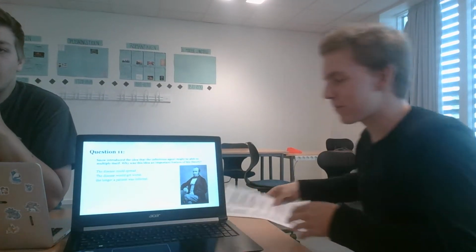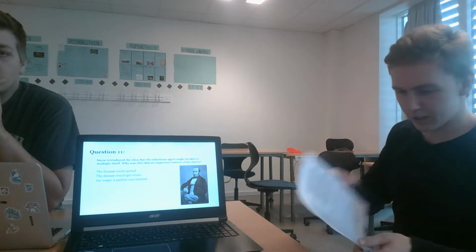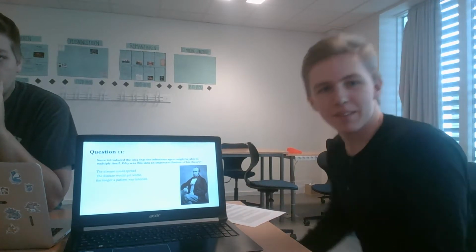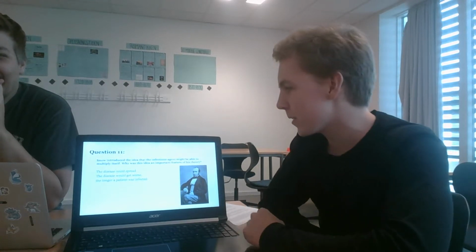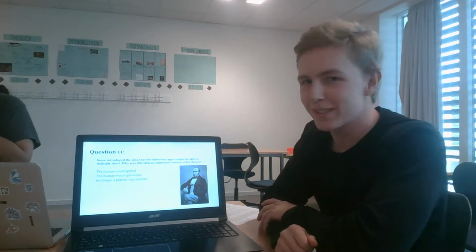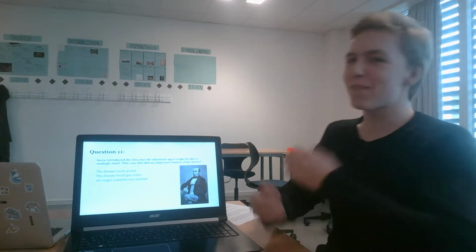So I have questions 11 to 15 of them. It reads, Snow introduced the idea that the infectious agent might be able to multiply itself. Why was this idea an important feature for his theory? Well, if the bacteria or infectious